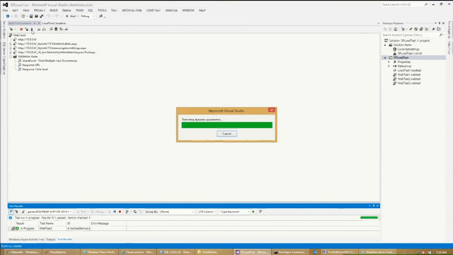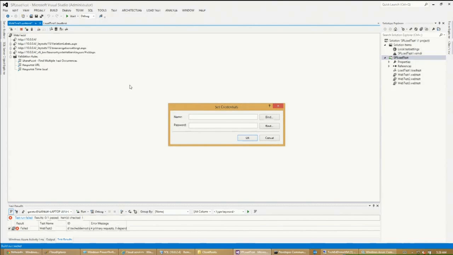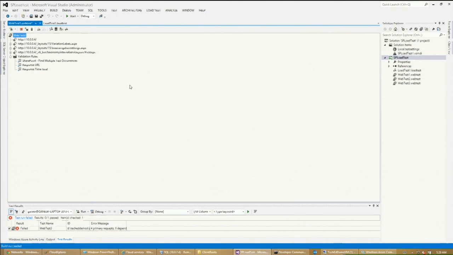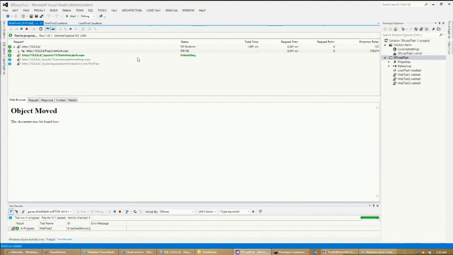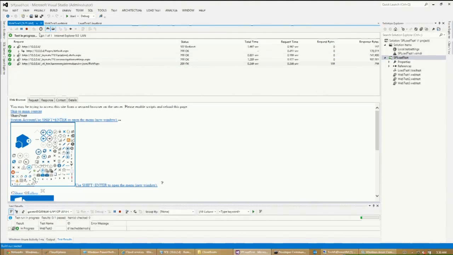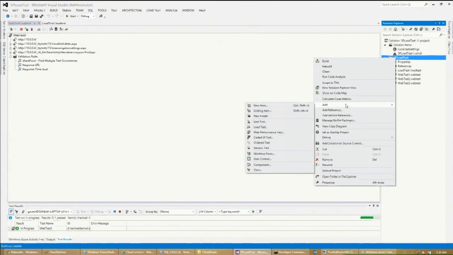And I've pre-recorded 2 similar tests like that. So for the test to run, it needs credentials. So now this test is saved, and I know for a fact that this test will run. It's going to tell me that all these steps actually pass successfully. So you can use this to actually generate a load test. So for that, what you do is